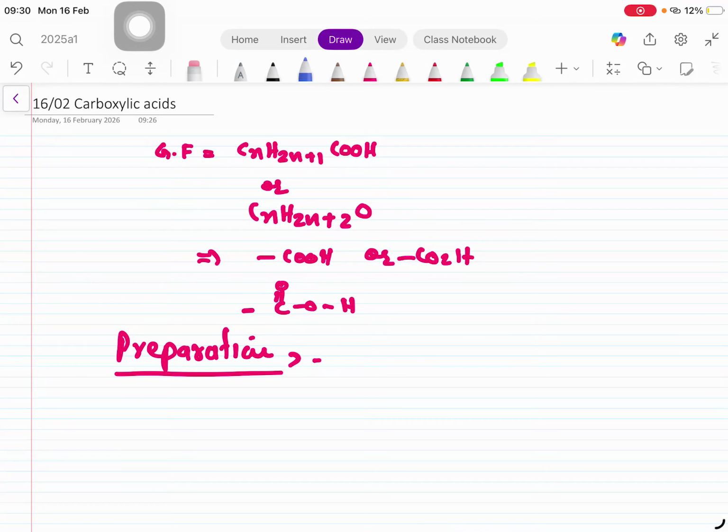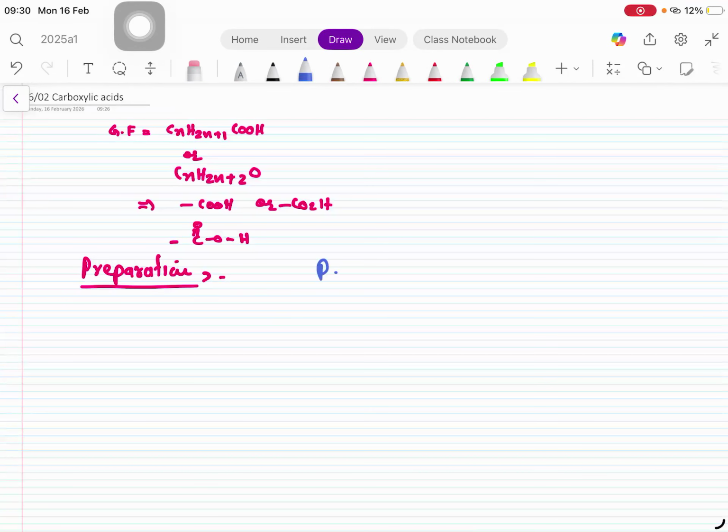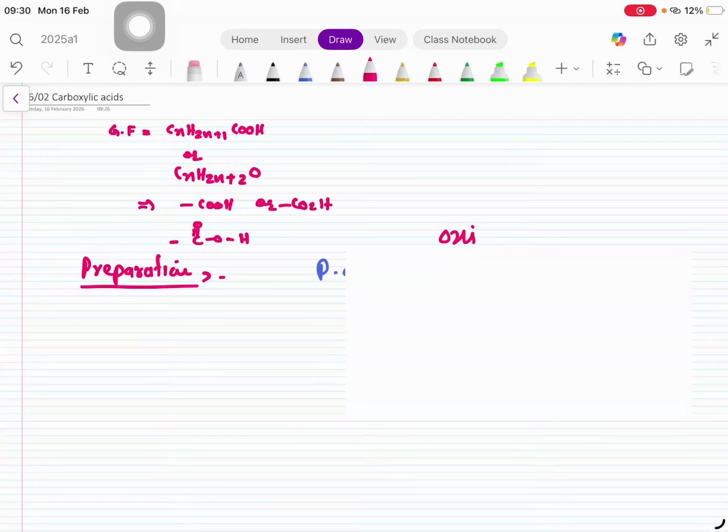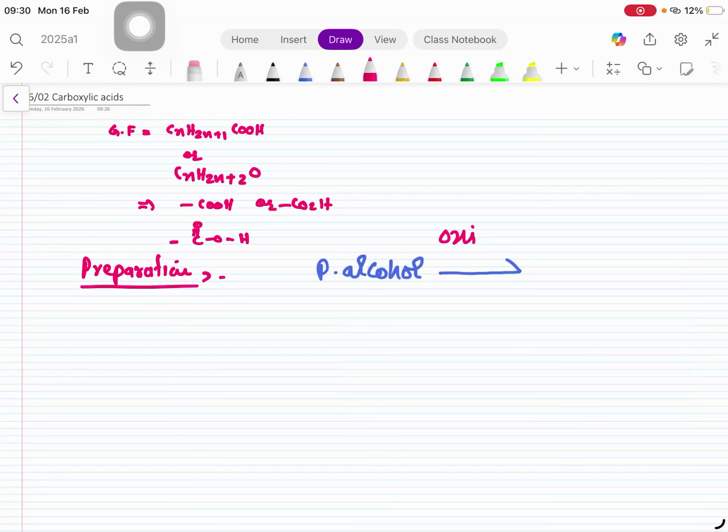We have done, before I go for the preparation, now I would like you to draw this scheme of work which we already did. कि primary alcohol की what happens? Oxidation. So क्या बन जाता है? By the oxidation of primary alcohol, what is formed? By the oxidation of primary alcohol, first aldehyde is formed, and then they're further oxidized to give what? Carboxylic acids, right? So oxidation of this gives us aldehydes,